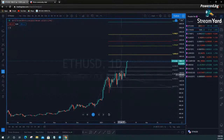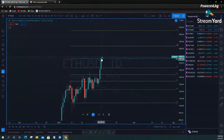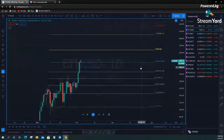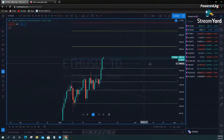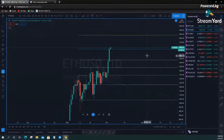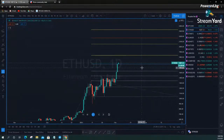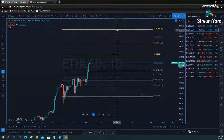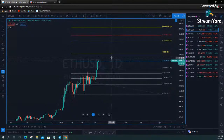And you can see that when we traded up into this area, you did get a daily closure above it. I can't see it, but it's going to be this 0.786 level, which is a very basic fib level. These levels are only built for targets. That doesn't mean that you're going to pull up a level that's way up here and expect that to be your target. No, these give you targets for next areas of possible resistance, because computer programs, specifically algos, this is